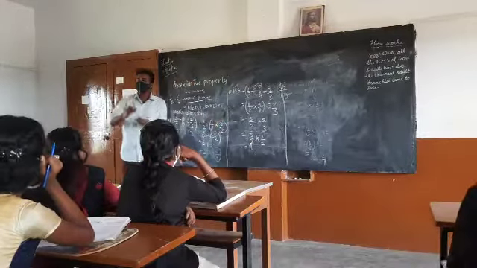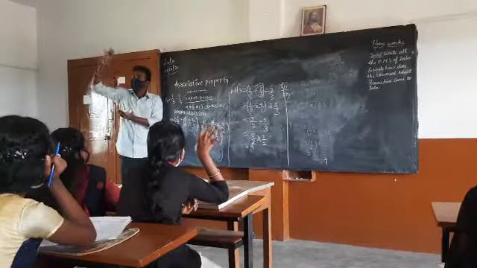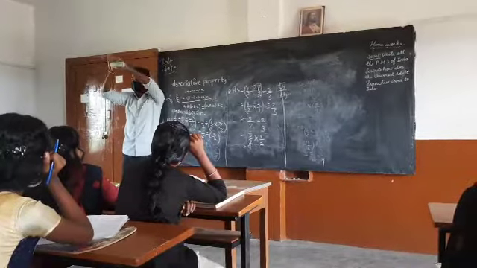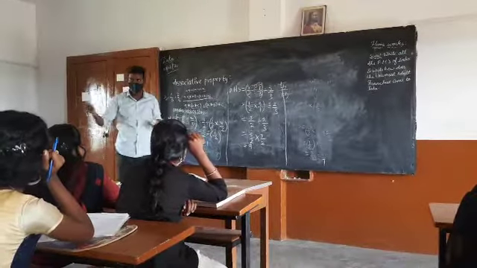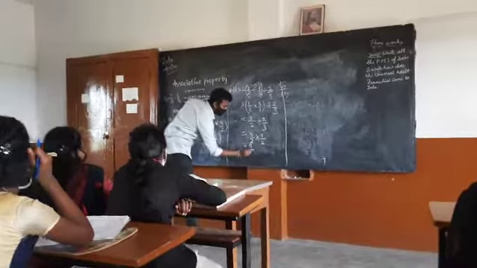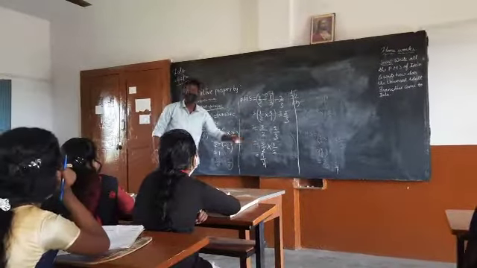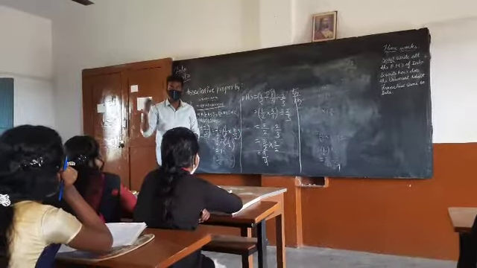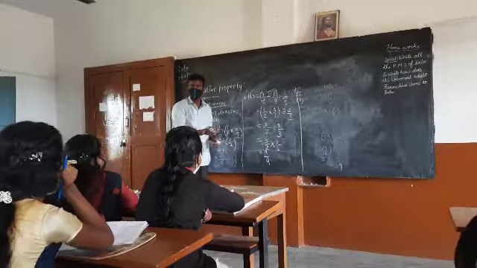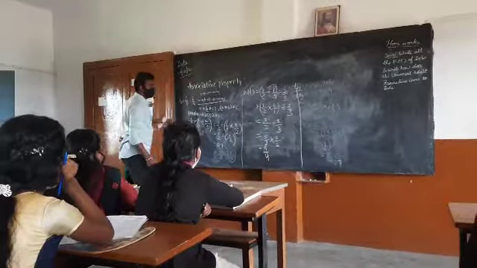You can cancel when they are in numerator and denominator. You cannot cancel when they both are in numerators. Understood? Okay. 9 by 4. In competitive examinations, these kinds of tricky questions will come. Then you may get confused, even though you know how to do multiplication and division. So okay, so the RHS answer is.